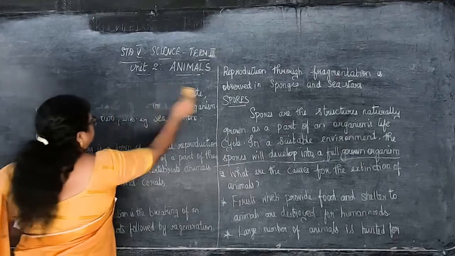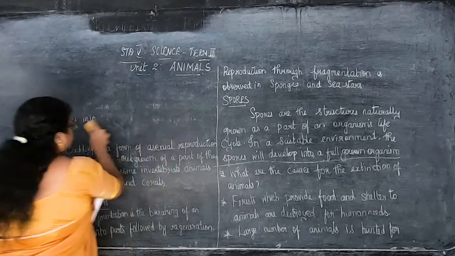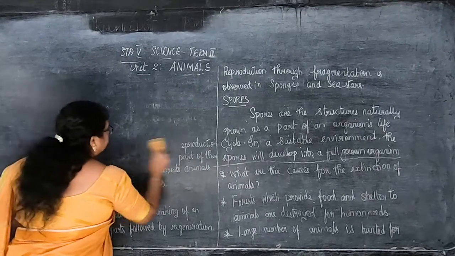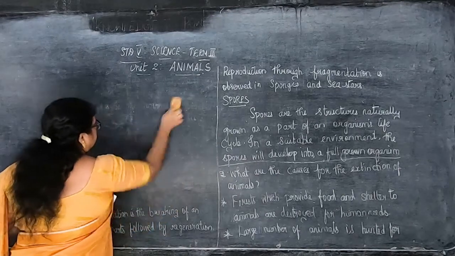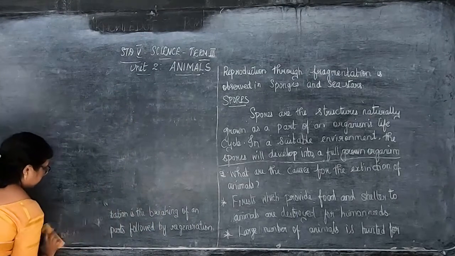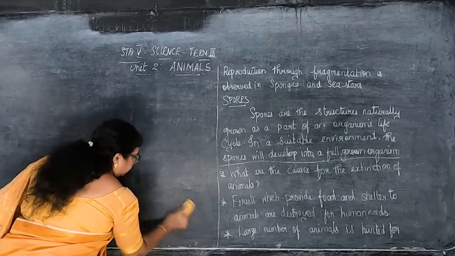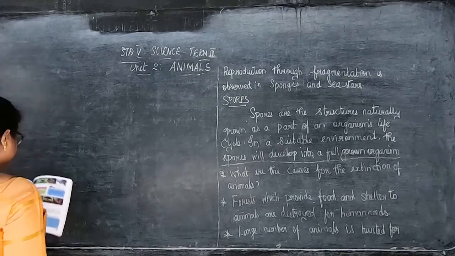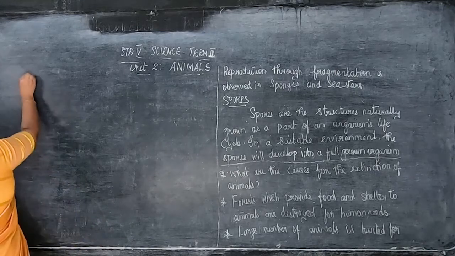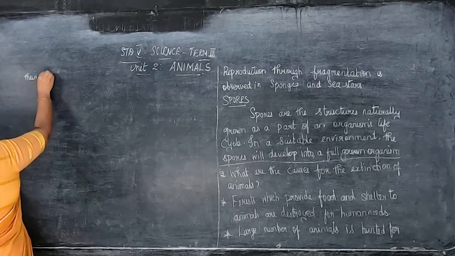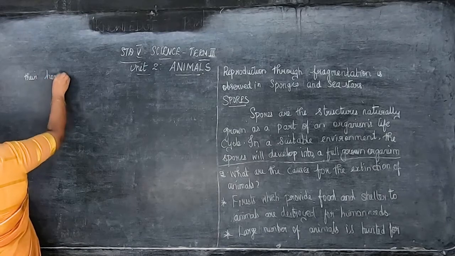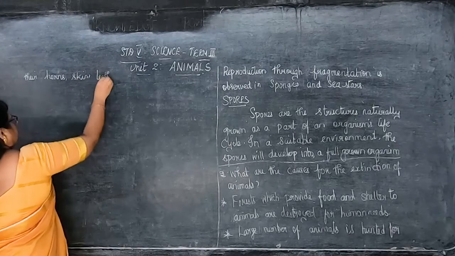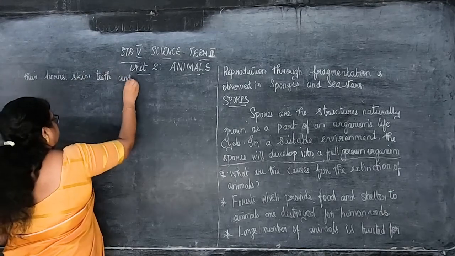Have you all completed this, children? So take down in your classwork neatly without making any mistakes. Again and again I am saying this to you all. So, write neatly, children, okay? So that it will be easy for you to learn for your exam. Large number of animals is hunted for their horns, skin, teeth, and many other valuable products.